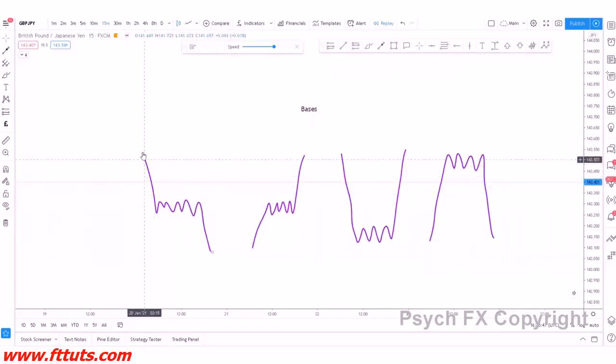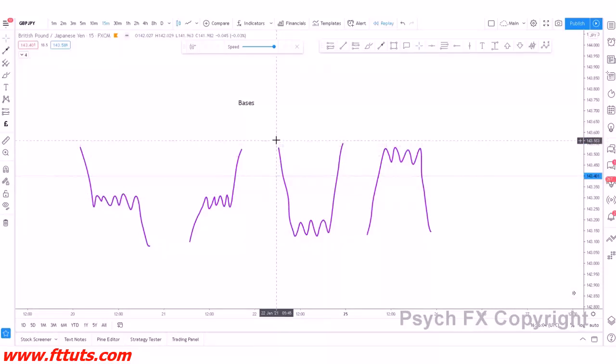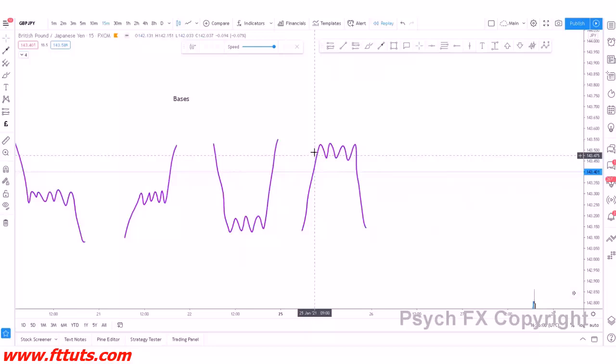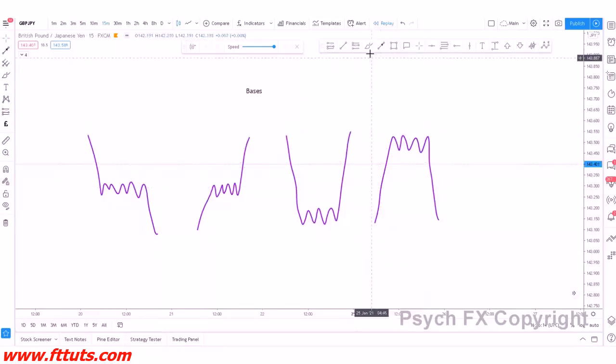Here we have what's known as a drop, base, rally. So drop, base, drop. Here we have rally, so it rallies up, base, rally. So rally, base, rally. Over here, we've got drop, base, rally, and over here we've got rally, base, drop. Very, very simple. Now, the main setups that we are going to focus on for this course are